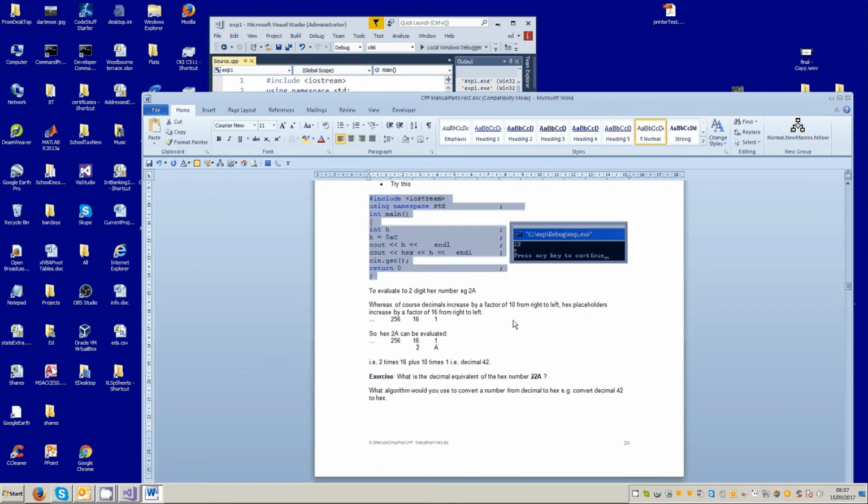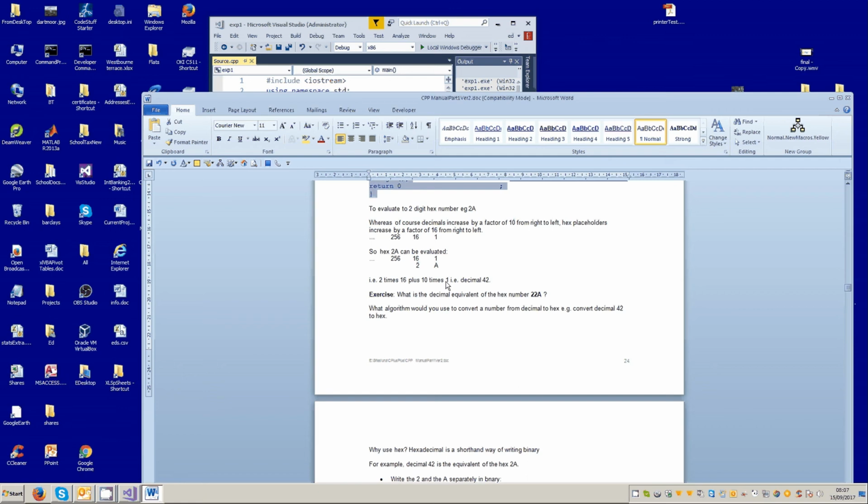So for example, if we just take another simple example, 2A, what does that represent? Well, the first thing you do, if someone says to you, what does 2A represent? Well, you put the numbers here, 1 going across, and you multiply by 16. If it's the third one, you multiply by 16 squared, which is 256, and then across. So let's just confine ourselves to two